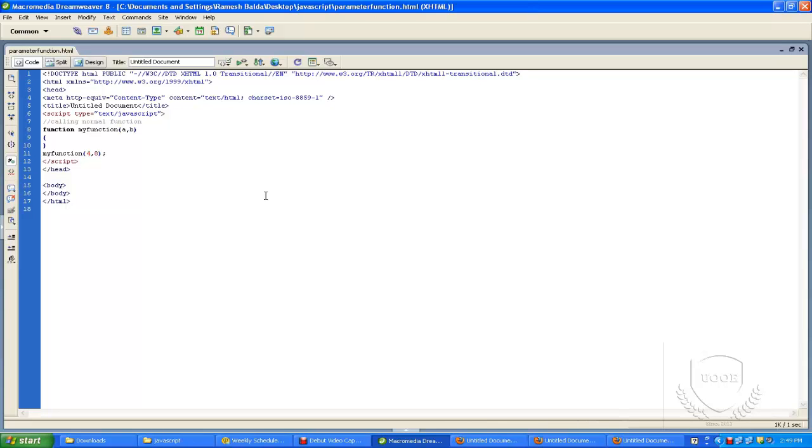I'm multiplying these values, where c equals a into b, and then return c.